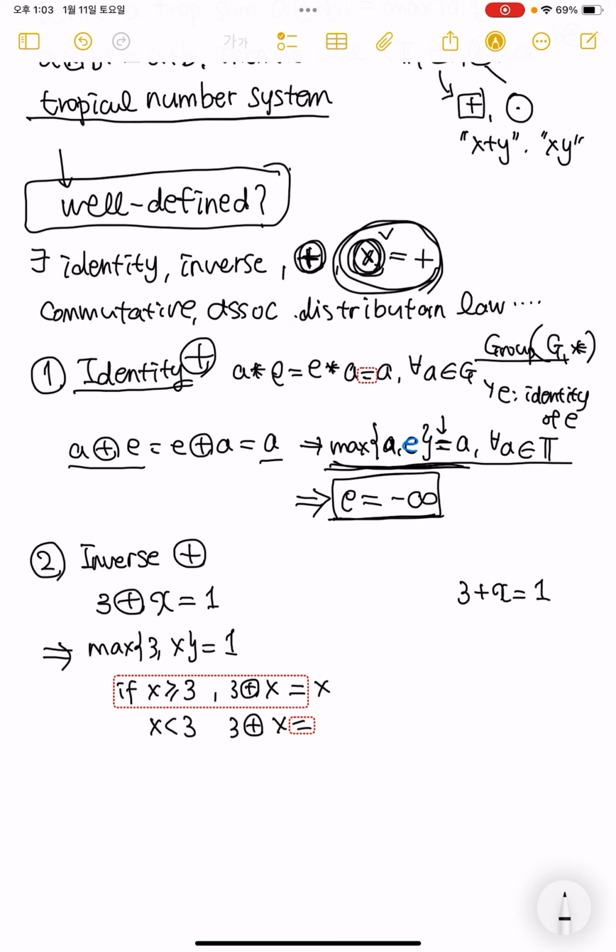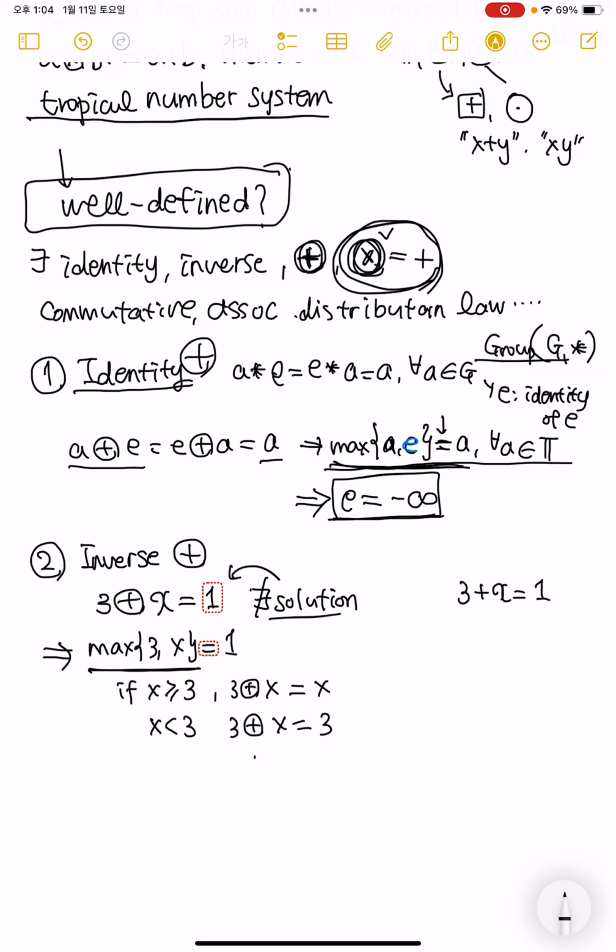So whenever x comes, the result does not equal the target,